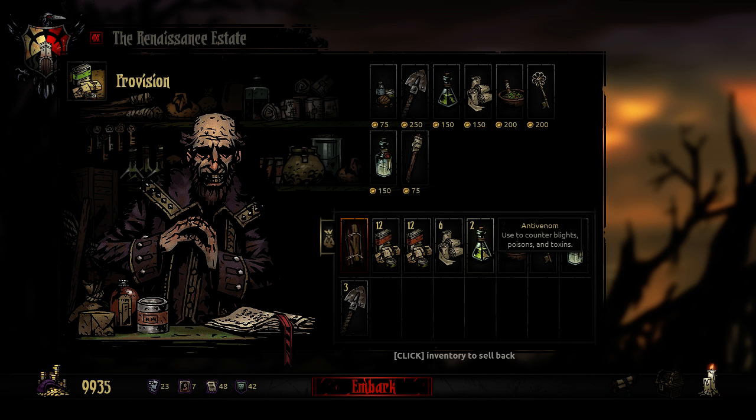Anti-venom. Do I really want extra anti-venoms? Not really in the warren. There's those worm things that can cause it. We'll bring 3. But the bandages, because of our cultist, and the...